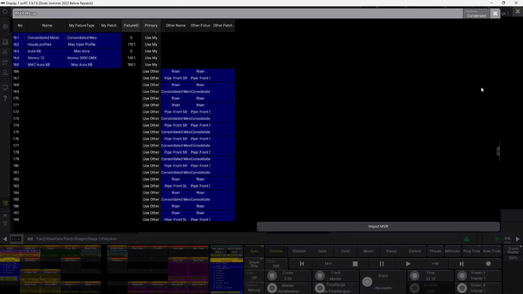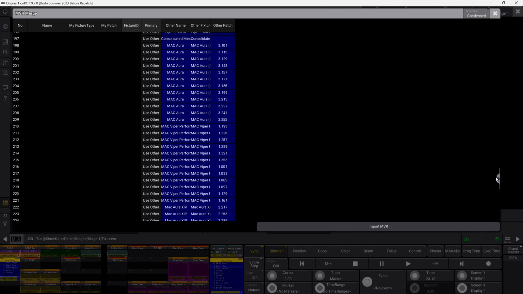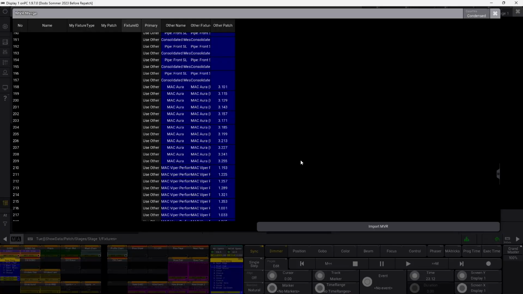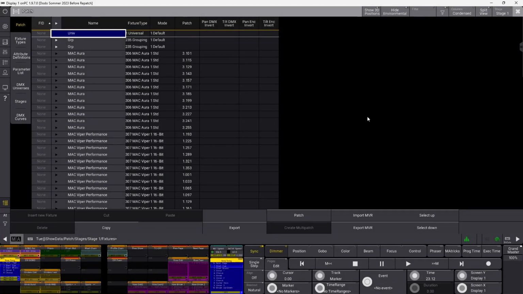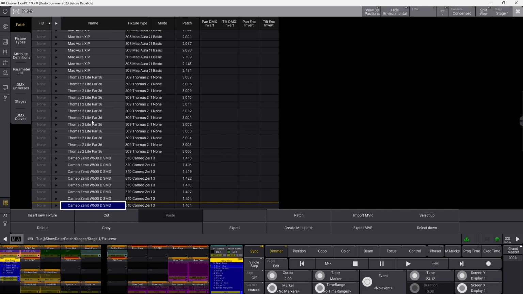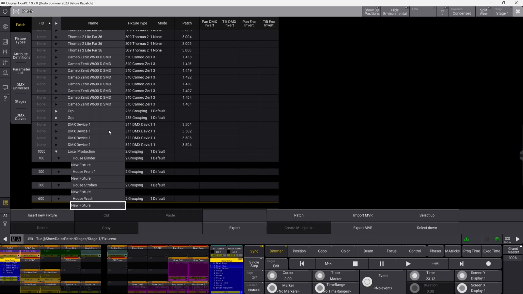But basically what we want to do is we want to use everything here on the other side, and you can see it has fixture information, it has our name and fixture information and a patch, and that's basically all we need. And then in this fixture information is also where it's placed in X, Y, and Z. So if it is 6 meters in the roof and 6 meters back on a back truss, it will show up there. So let's just try to import the MVR, and everything is now put into our show,